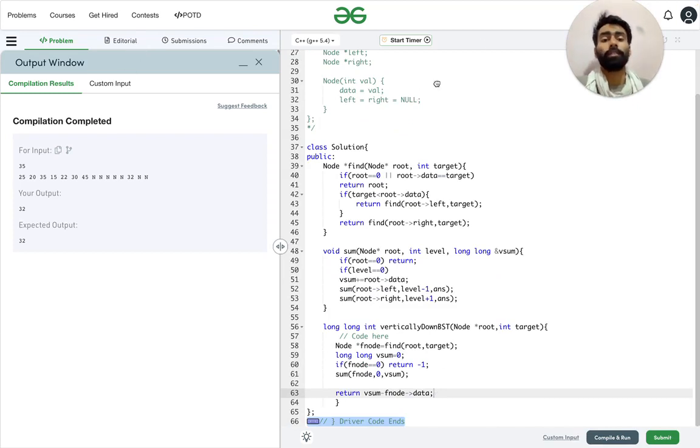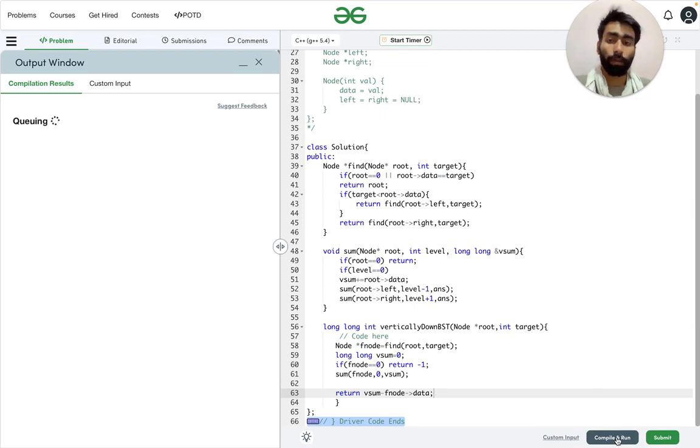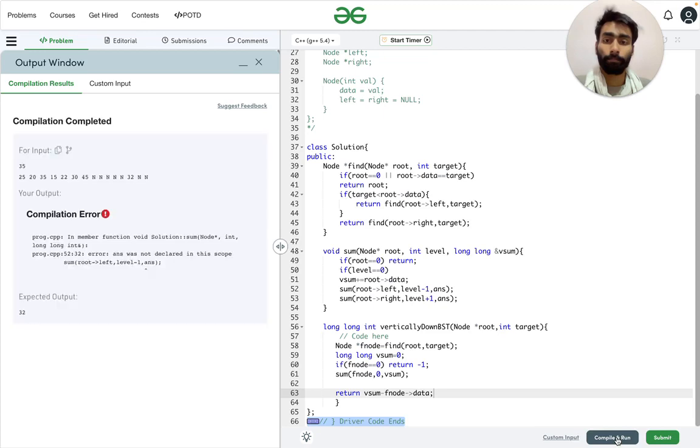Now this is the program we have written, so we need to just compile. Let's hope this works. Oops.